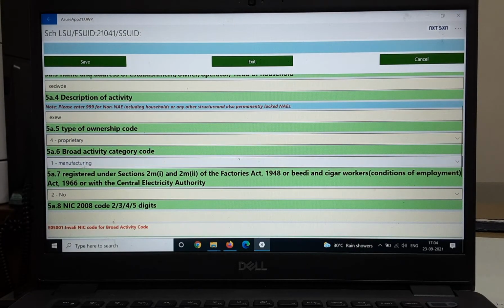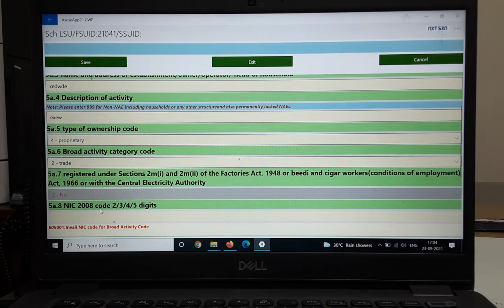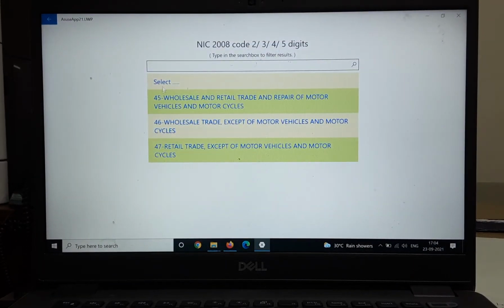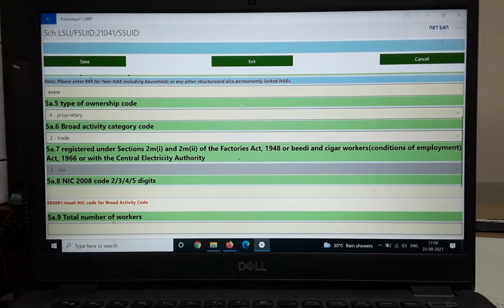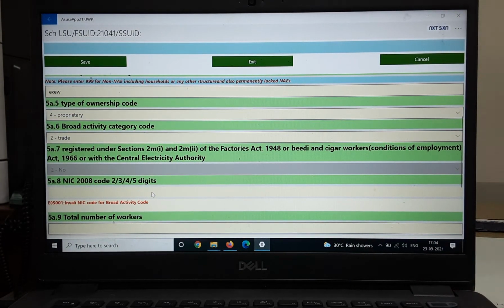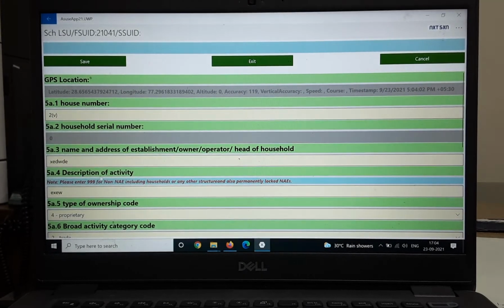If this selection happens to be a trading concern, then only the trading concern NIC codes come. So this is how the NIC has been filtered, so as to avoid any cross combination of activity vis-a-vis its NIC code. Okay, so let us select a trading enterprise.